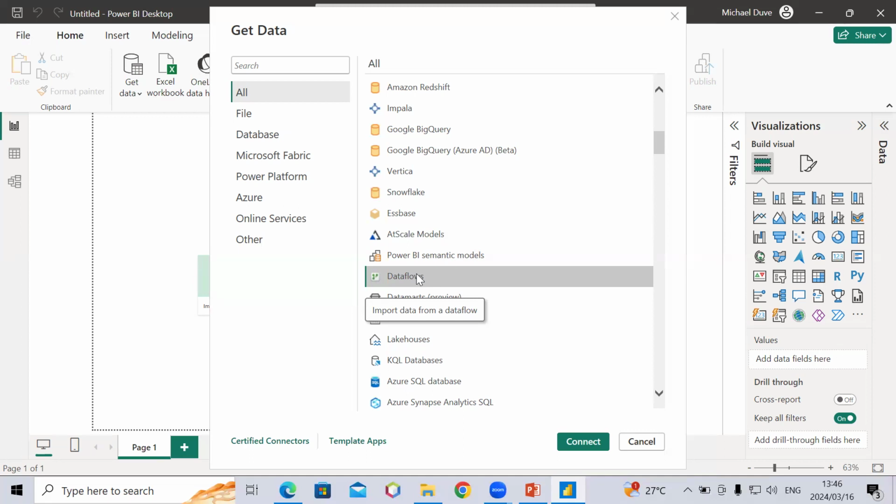Then the fourth one is data storage, whereby the transformed and modeled data is stored in a data flow, which acts as a centralized repository for the data. This data can then be used by different BI tools and applications for analysis and reporting. Then the fifth one, data refresh: data flows can be scheduled to automatically refresh and update the data based on a predefined schedule. This ensures that the data is always up to date and reflects the latest changes